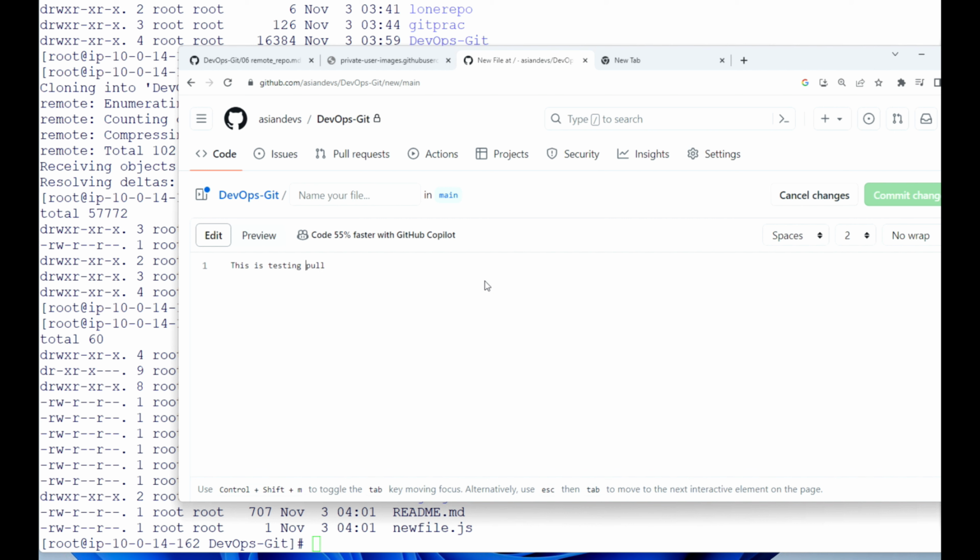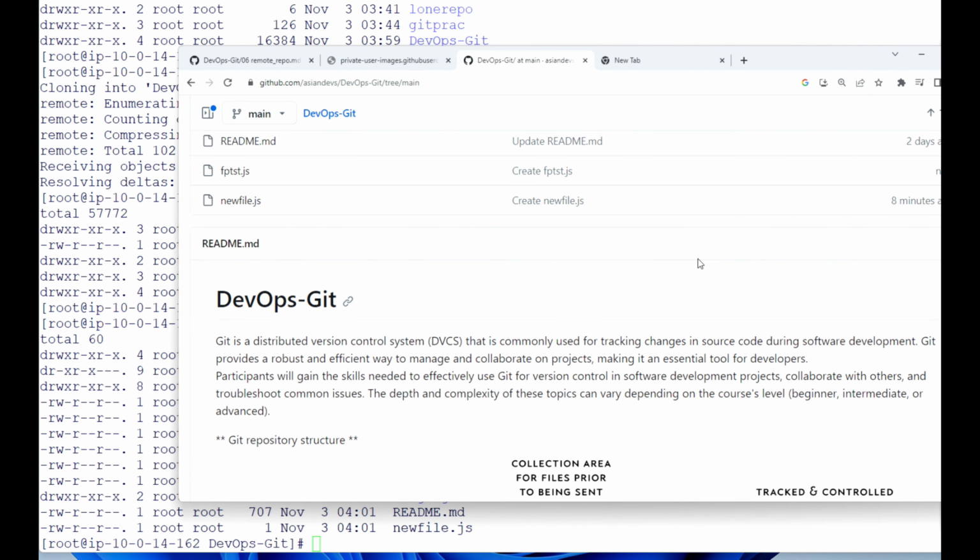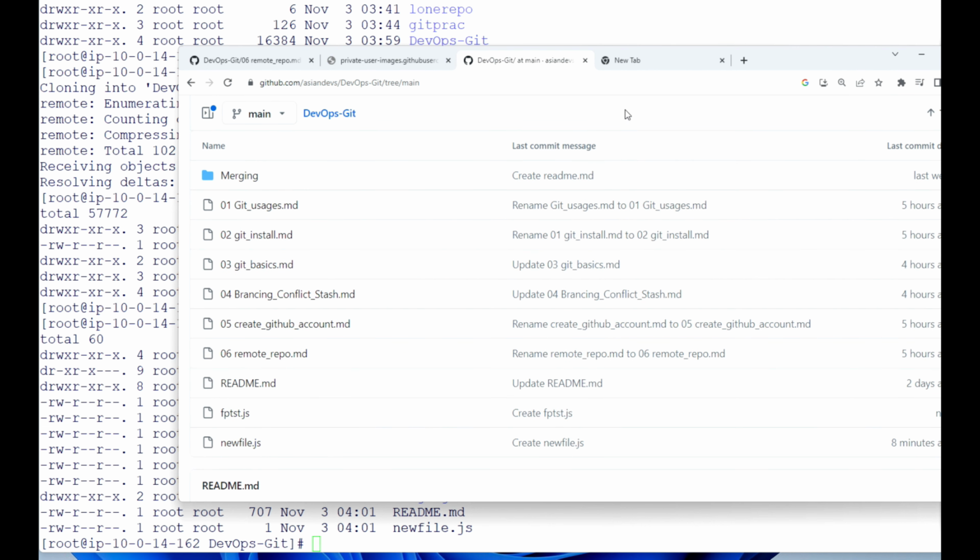Okay, I write the fetch and pull option. So I put fetch ptst dot, you can give some extension like js. So commit changes. So think that someone has pushed some file after doing some work here into your origin. So origin means the alias you define for this repository. So now this file is here,